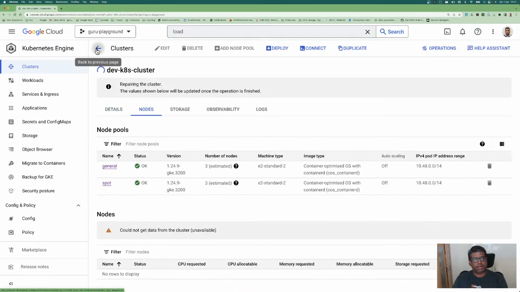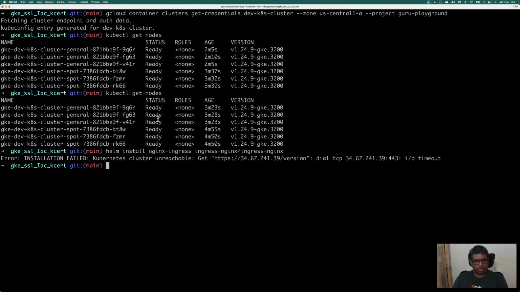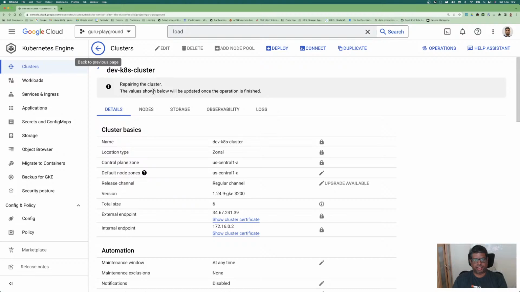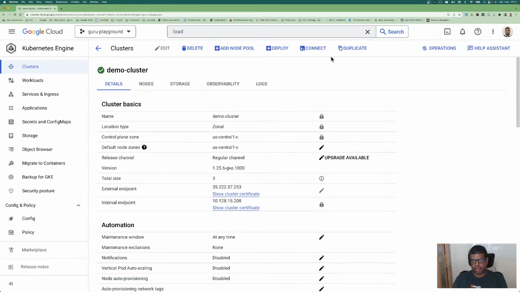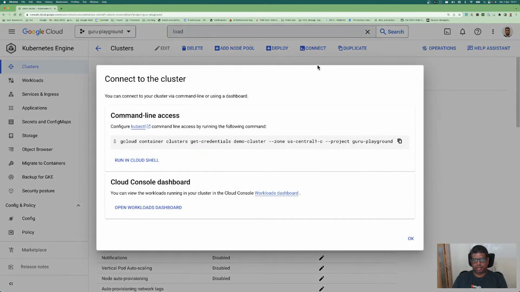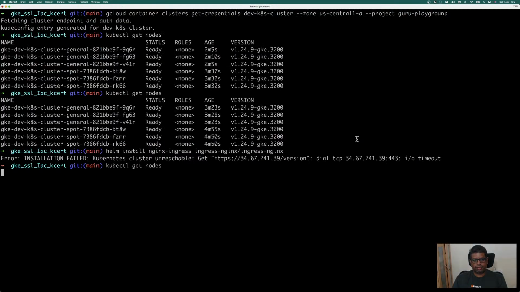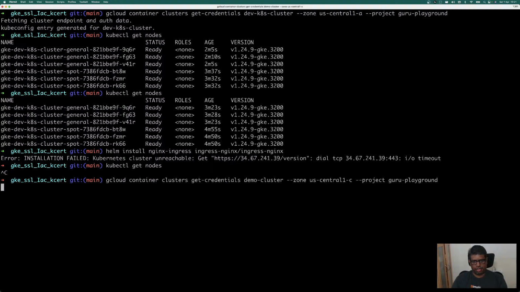We have to wait for some time to be provisioned. Okay, looks like we have to wait for some time to get the nodes ready. Looks like the provisioning is taking more time. What I will do is use the demo cluster because of time constraints. So I'm going to use the other cluster,